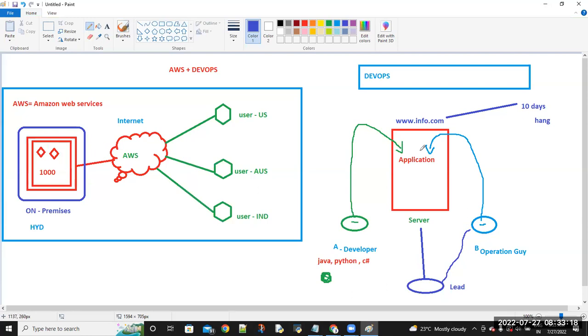Now this operation guy is saying that everything is going to be perfect on my side, my server has no problem. And now this operation guy is going to blame the developer. So then what will the developer say? The developer is going to say that my application is executed on my localhost or my local machine, but the problem is with the server. So like that, the developer is blaming the operation guy,